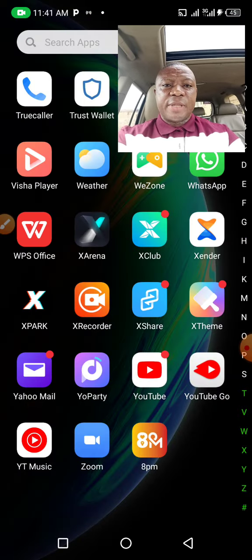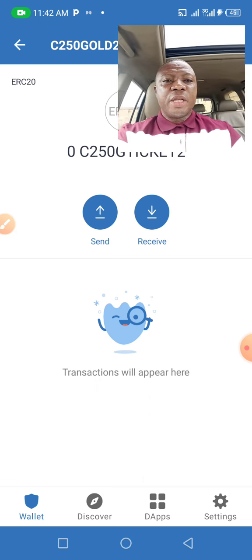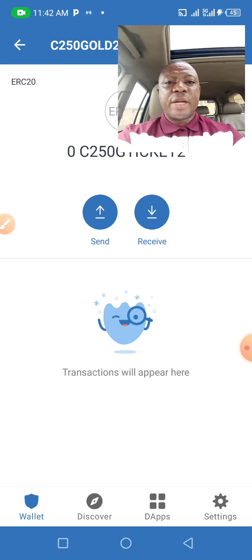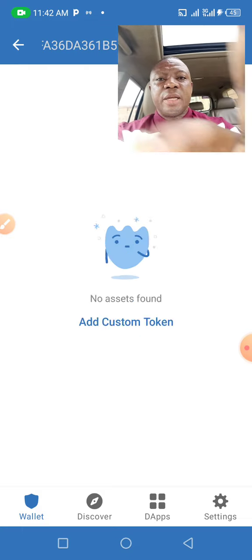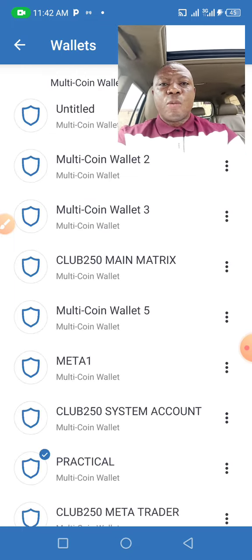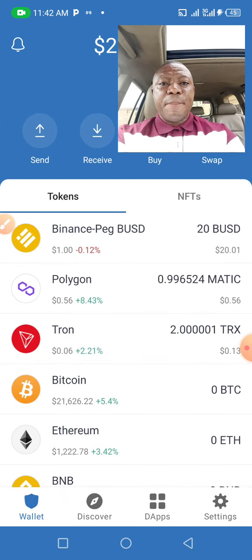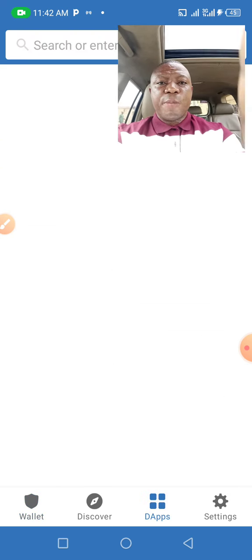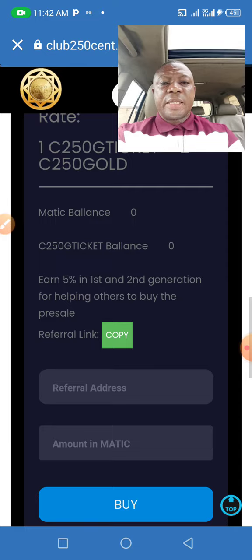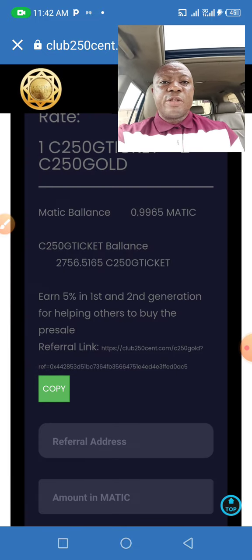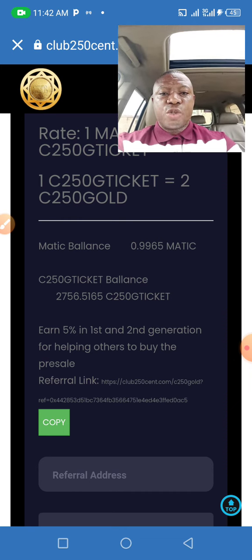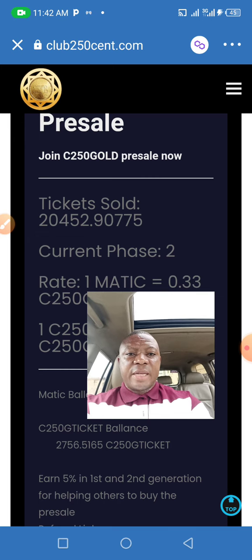So let's go back to the website. Now, this is where you now have to bring in your referral links. For those of you who have referral links, so how do we get referral link? Okay, let me go back to my page 1, my main account. All right, so I can get, assuming somebody is referring you. So I'm going back so I can collect my referral link. That referral link, you would use to connect the Polygon network to your Trust Wallet. Okay, so now this is my first account.